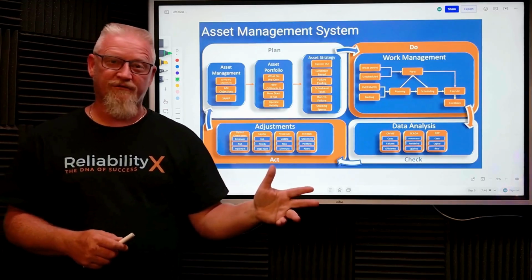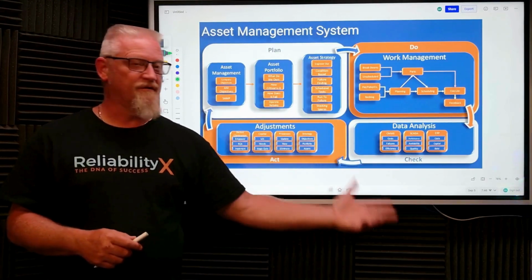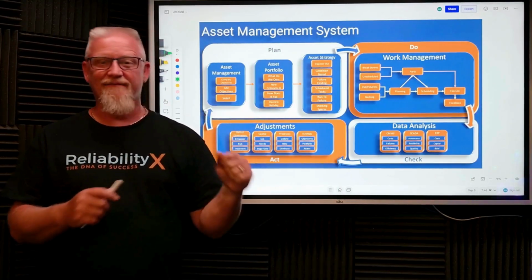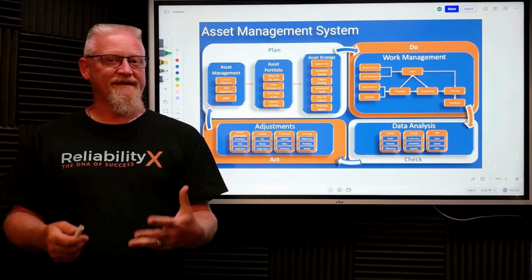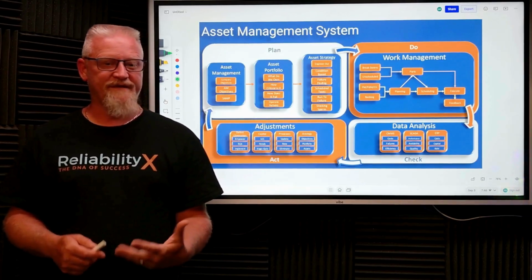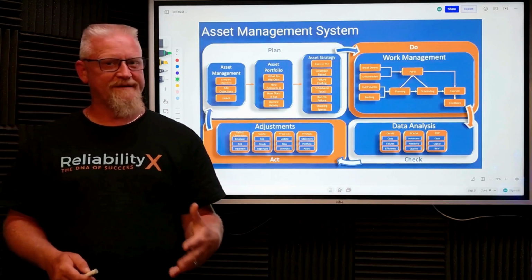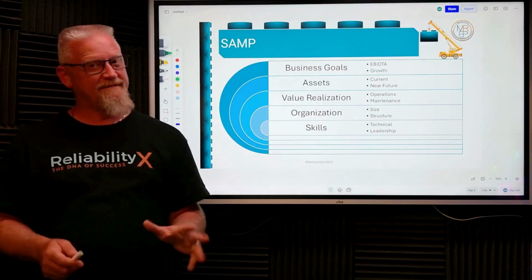Sometimes a line that was critical 2 years ago, 5 years from now, it's not going to be so critical, and we're going to have new products and new lines. And so the asset management system has to handle the dynamics of the business and the value propositions of the assets. Now, we overcomplicate this way too much inside maintenance and reliability, so let's simplify this as cleanly as I